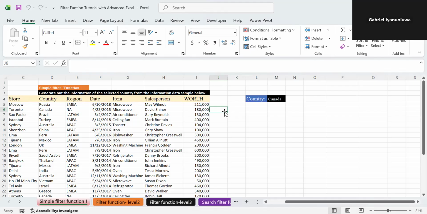Here again, I'm here to teach you another important topic in Microsoft Excel for Analytics. The topic I'll be sharing with us today is the filter function. As you can see on my screen,